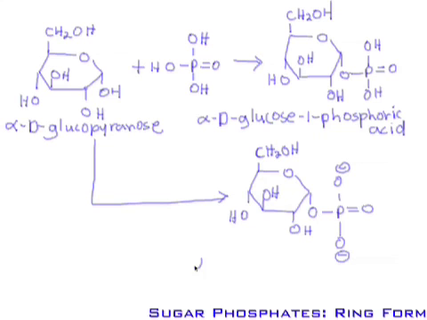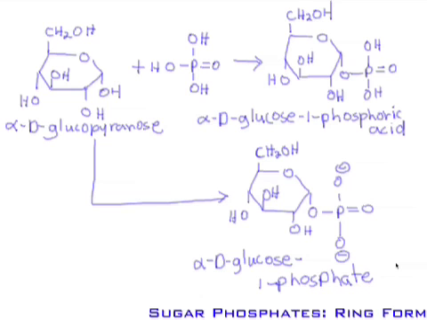And this would be called alpha D-glucose 1-phosphate. Now, sugar phosphates are intermediates in many metabolic processes. The degradation of glycogen to lactic acid in muscle glycolysis, the fermentation of sugars to alcohol, and the formation of carbohydrates by photosynthesis all involve